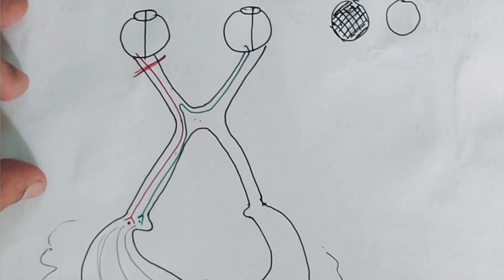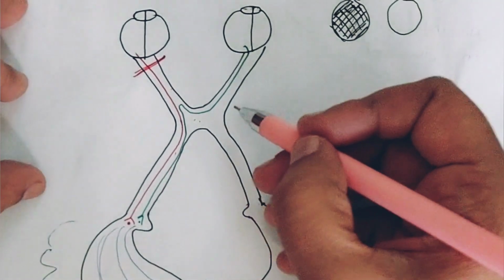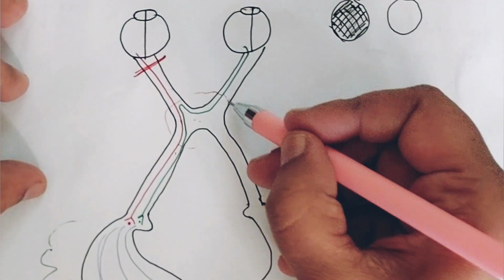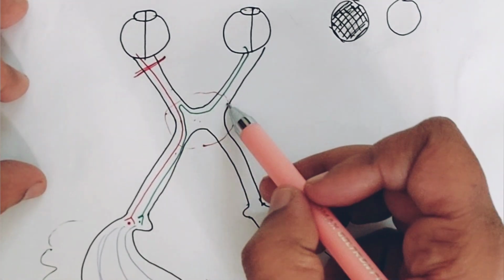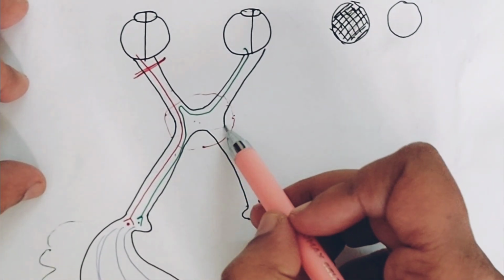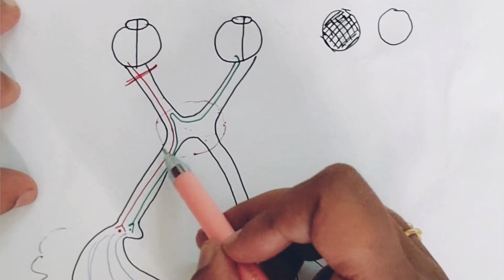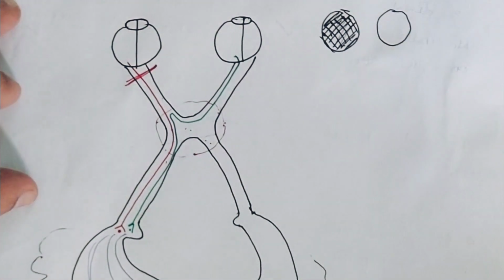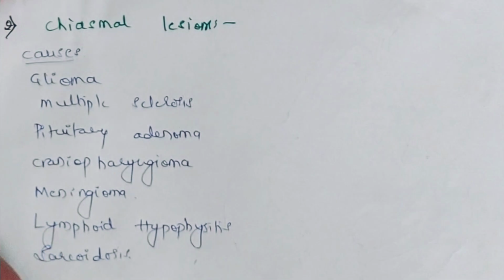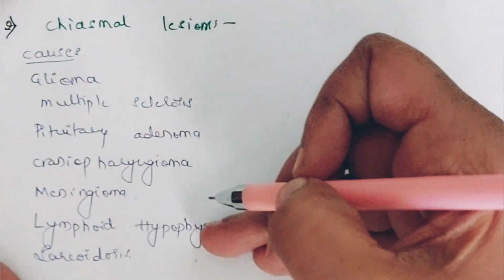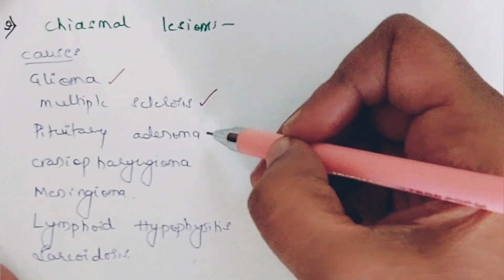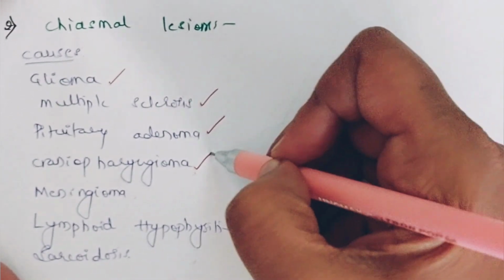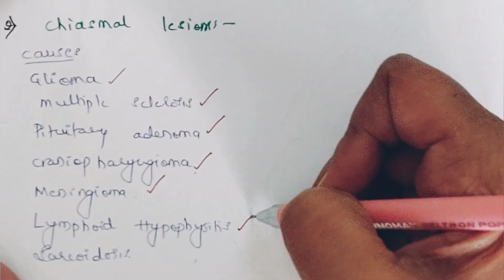Next, moving on to the chiasmal lesion. So where is the chiasma here? So this whole thing is called as chiasma, right? So you can divide the chiasmal lesions into anterior chiasmal lesions, those involving the middle part of the chiasma, and then those which are involving the distal part of the chiasma. So what are the causes for chiasmal lesions? Write in common what are the causes, like there can be glioma, multiple sclerosis, pituitary adenoma, craniopharyngiomas, meningiomas, lymphoid hypophysitis